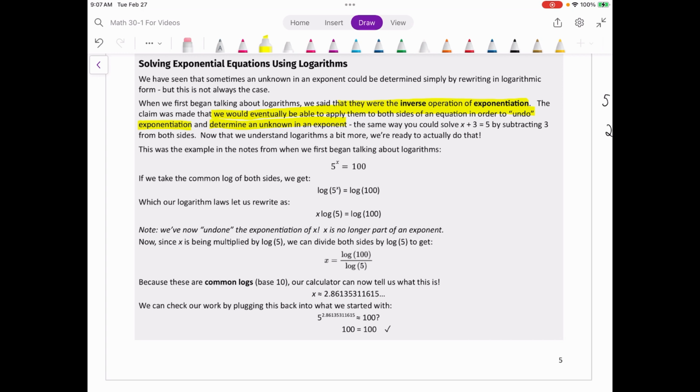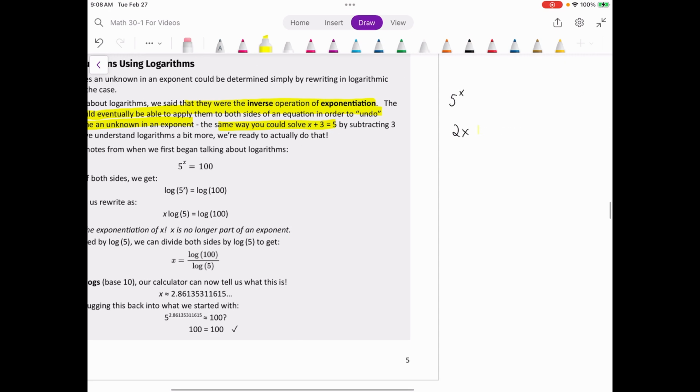The same way we would solve x plus 3 equals 5 by subtracting 3 from both sides, right? Because 3 is being added to x. So we could undo that by subtracting 3, right? If this was 2x equals 8, we could do the inverse operation of multiplication because multiplication is happening to x here, we could do the inverse operation of multiplication, division, and that would let us solve for x. And we kind of introduced logs as one of their main goals is allowing us to do that